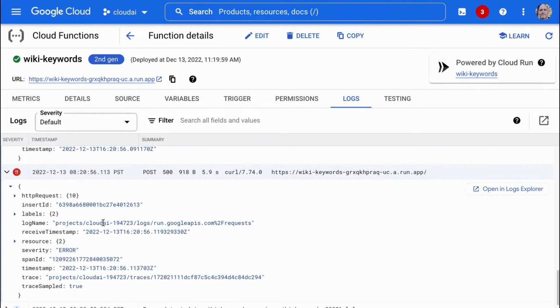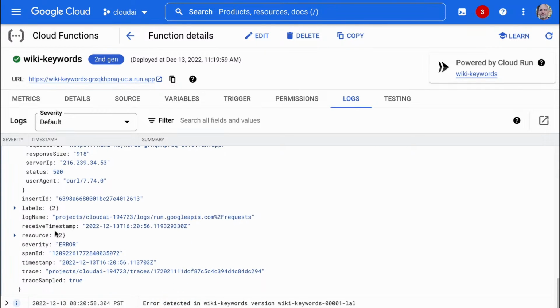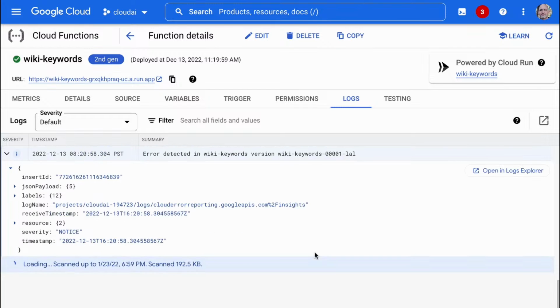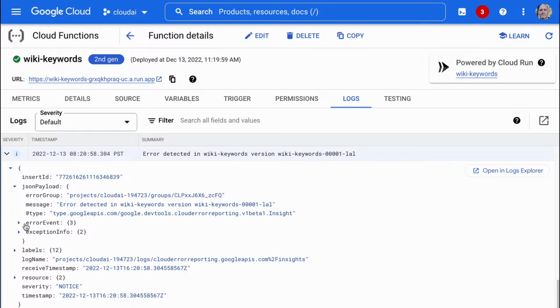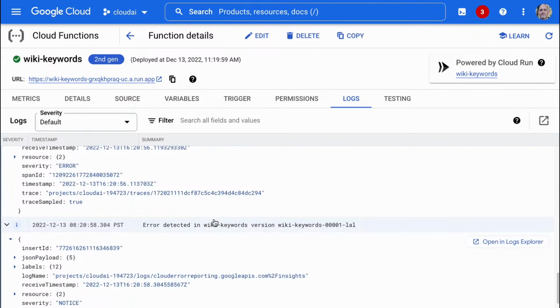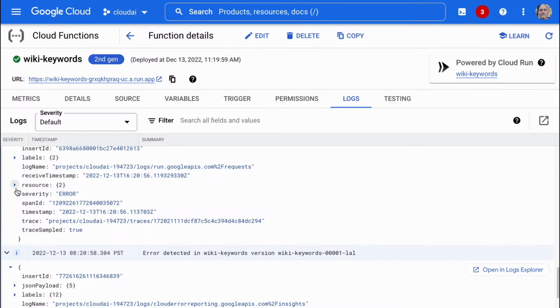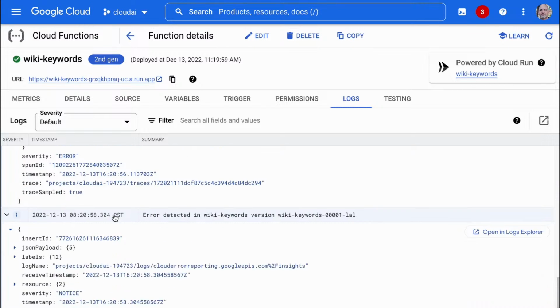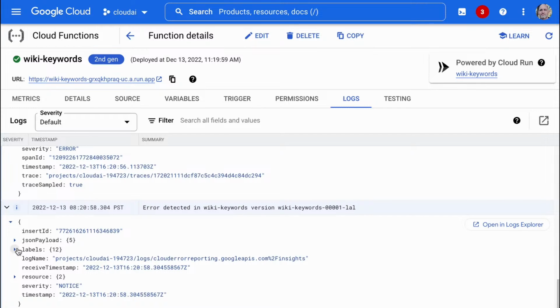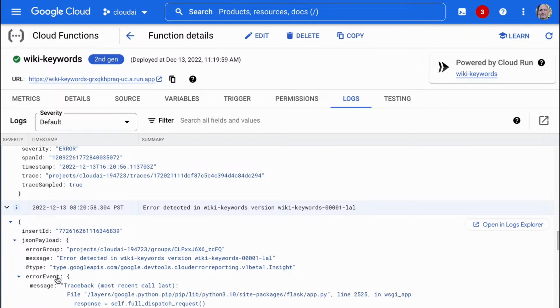So it says wiki keywords, labels, error detected in wiki keywords. JSON payload, error events. Here we go. What does it say? It says resource. Hard to know. Error detected, error events.